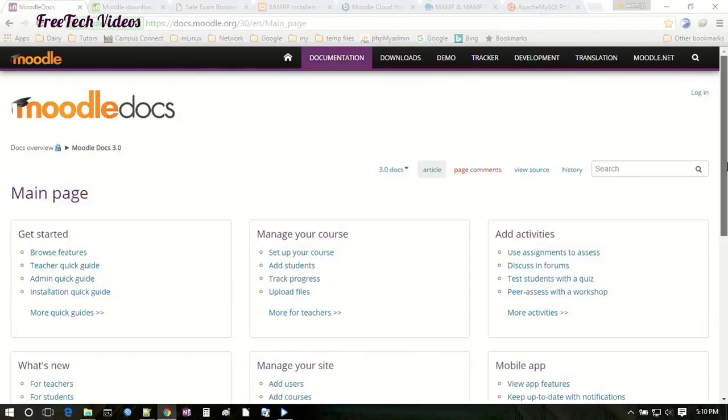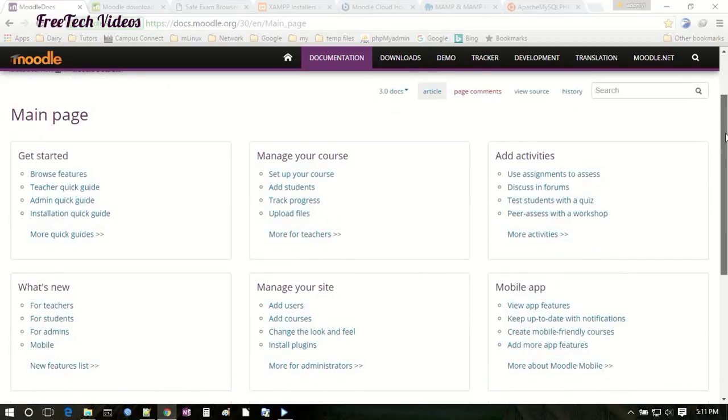Now, going to Moodle docs and looking at the 3.0 main page, you have getting started. This can be a quick guide on how you can go about Moodle for a teacher, for a student and also for administrator. We have teacher quick guide, you have admin quick guide, installation quick guide, the browse features, then